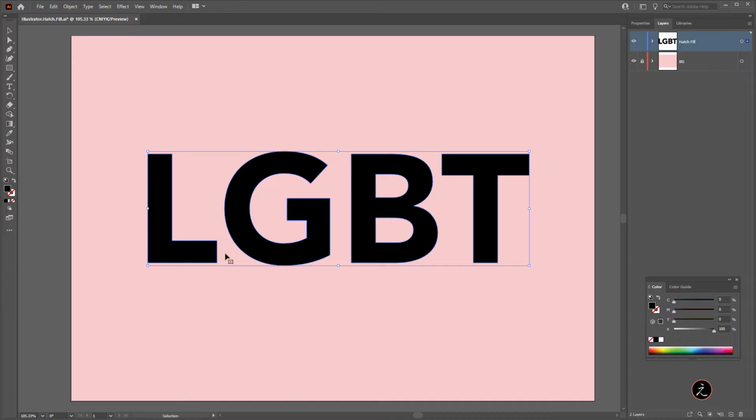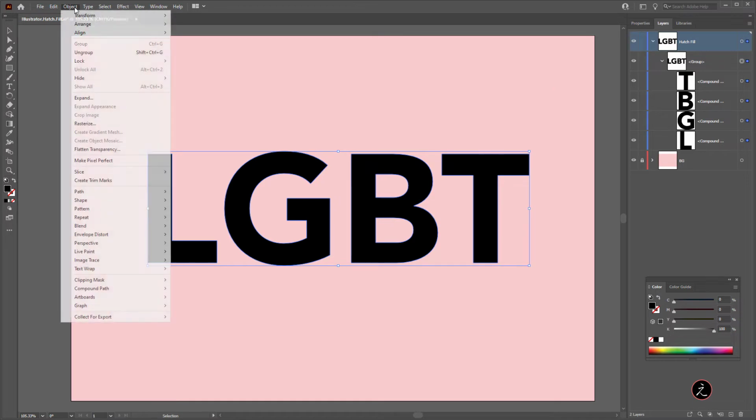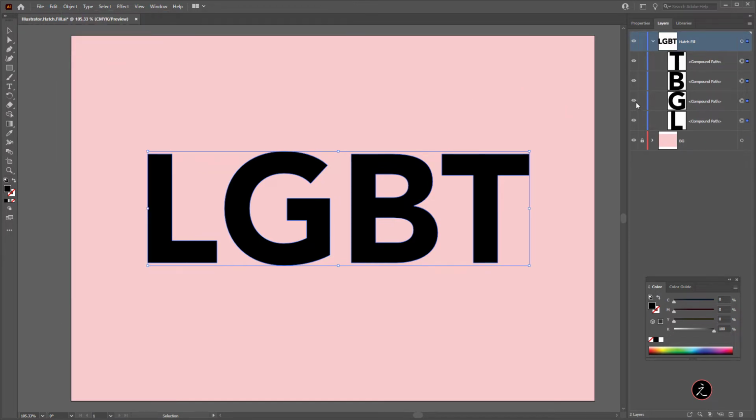At the same time, this creates a group of separate compound paths for each of these letters, and we can see this inside the layers panel and inside the group. In this case, I'm just going to target the group, and inside the object menu, I will ungroup all that. And here are the separate compound paths. I'm just going to double click to apply the appropriate name, which is LGBT,